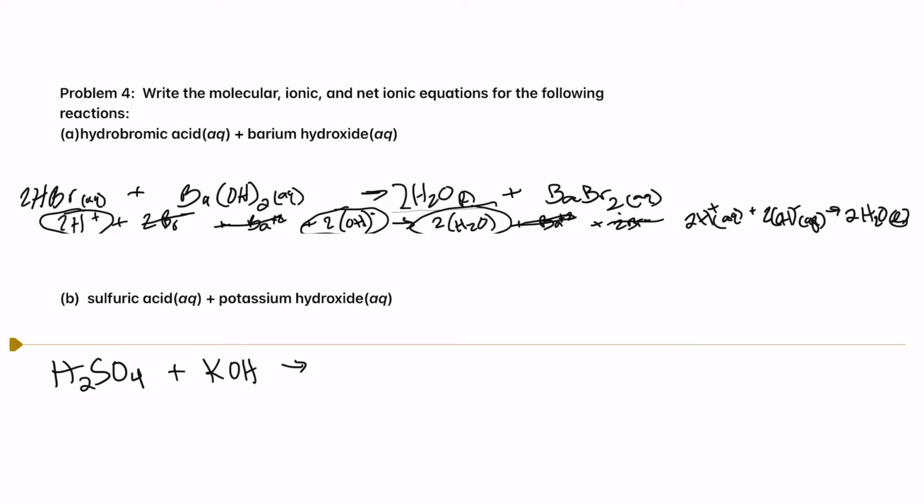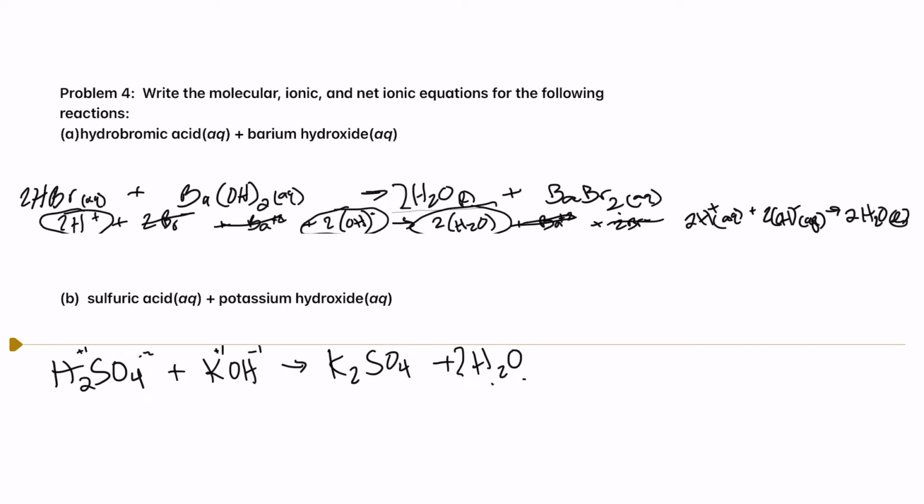We have a balanced equation. Sulfate's a -2. Hydrogen is a +1. Our potassium hydroxide, potassium from group 1. Hydroxide is a -1. So I'm kind of cheating here and throwing all of our little ions in here, but this is helping me and hopefully helping you figure out how to do the double displacement in our reaction. And we're seeing that we're swapping the H and the OH to make our H2O, and we are swapping the potassium and moving it over with the sulfate.